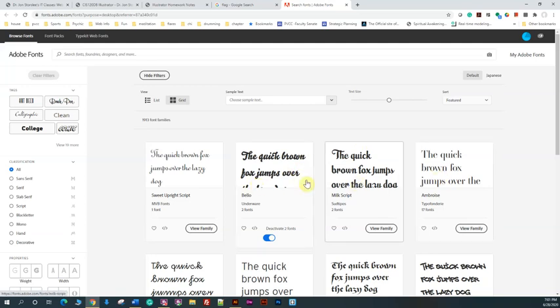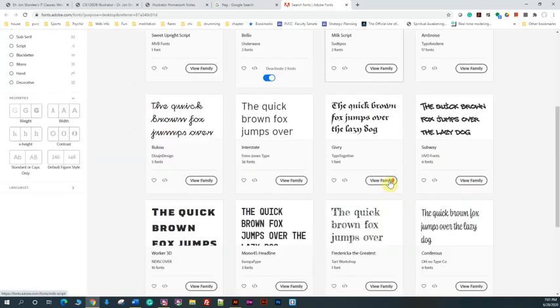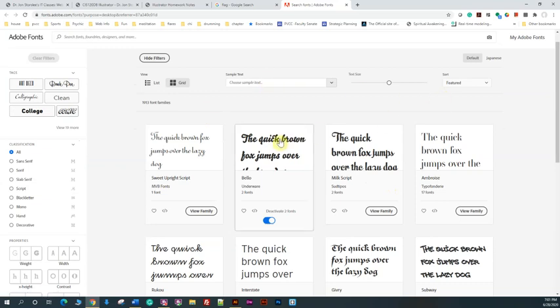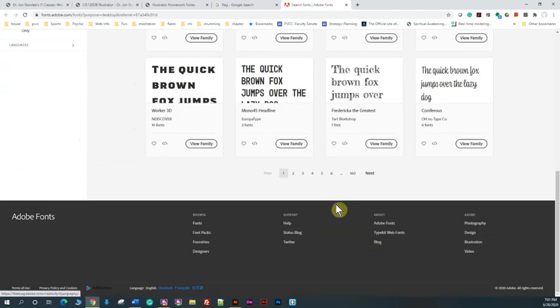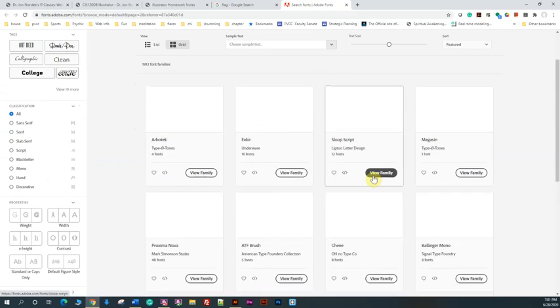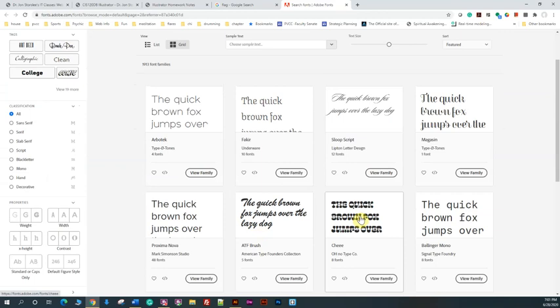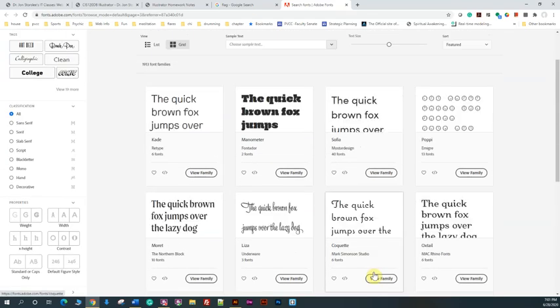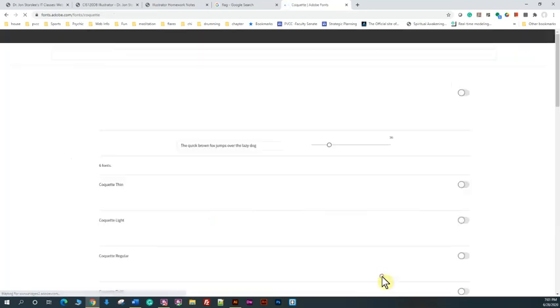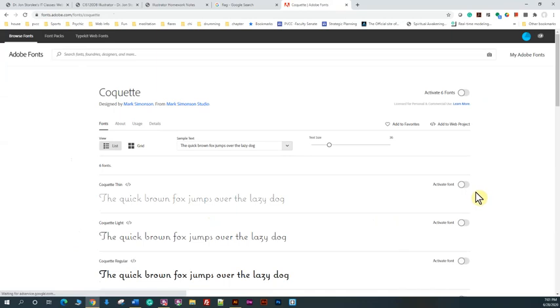Now what I want to do is, I've already downloaded this, but I'm going to look for some other fonts that I think are kind of good looking or that would be really useful. I can go next. Next. Oh, that's useless. Let's pick that and go View Family. Now I can activate all 6 fonts like that